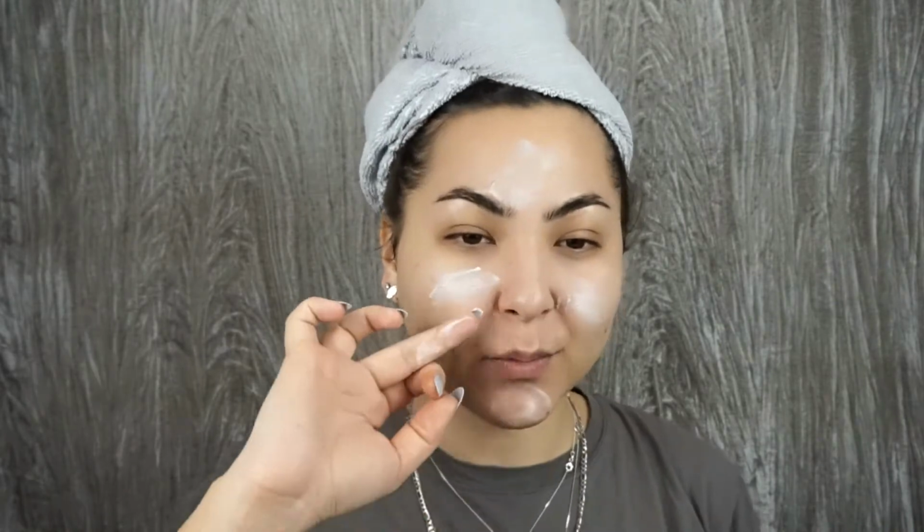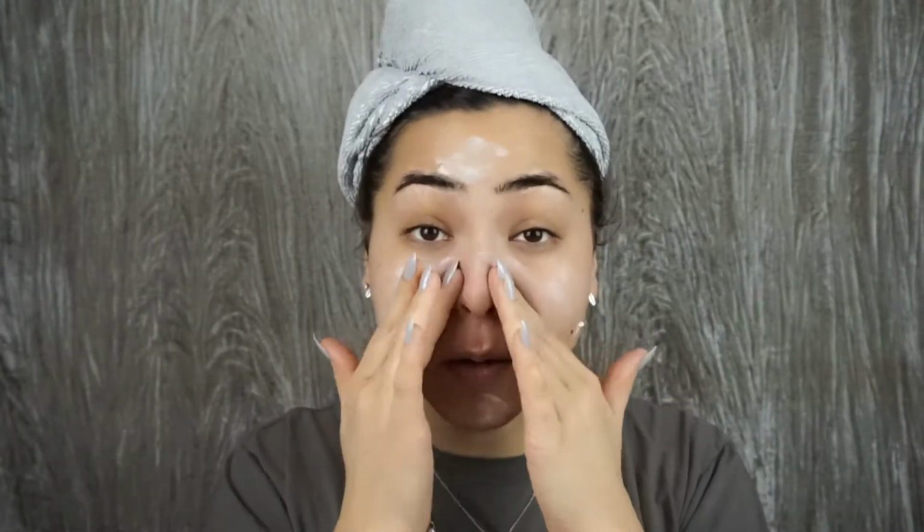You know the drill with the primer. I'm gonna grab the e.l.f. Poreless Putty Primer. I never remember that name. I'm almost out of it. You can see this is very much loved, so I'll probably repurchase it if I don't find something else to try. I don't really go through primers that much, so unless something else pops up that I want to try, I'll probably repurchase that one. And I mainly focus it on my